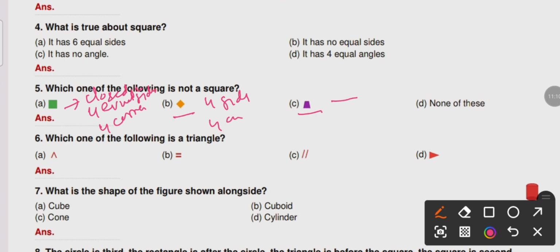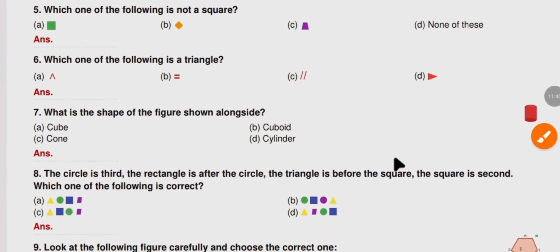Okay, so the shape looks like in this way. Like in this way. So this is the shape of trapezium. Here 4 sides are not equal. Okay, so this option is right option. This is not a square. Now go through to next option, sixth